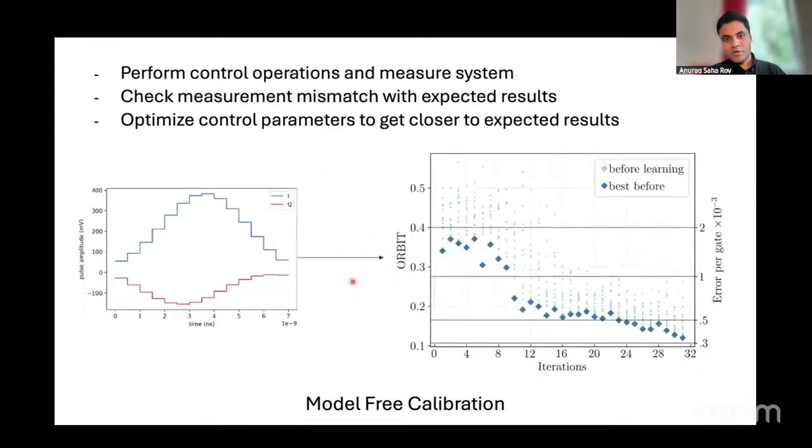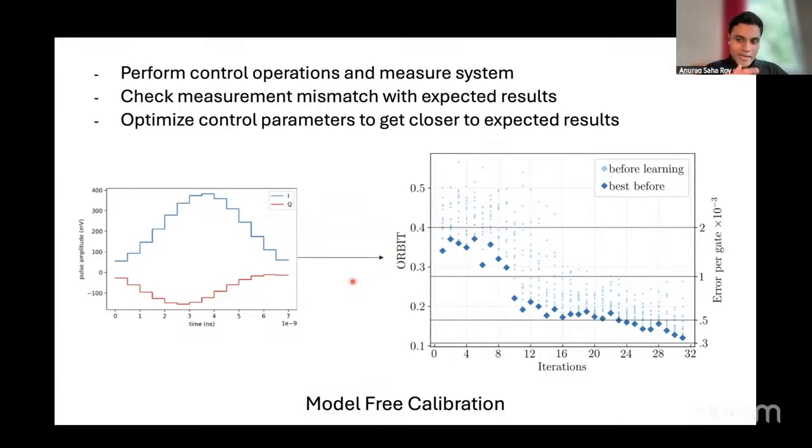Once you have done this, what you do next is take this gate, and now is the moment of truth. Let's run this gate on the computer and see if you get a very good CNOT gate or a very good X gate or something like that. Usually the results won't be very good. This is just the reality, that even though you spend quite a bit of time characterizing a system, you will see that, okay, the fidelity is not 99.99 or something like that. What that means is that your hardware is not exactly what you thought the hardware to be. You wrote some equations to model the hardware, but it turns out those equations are not good enough.